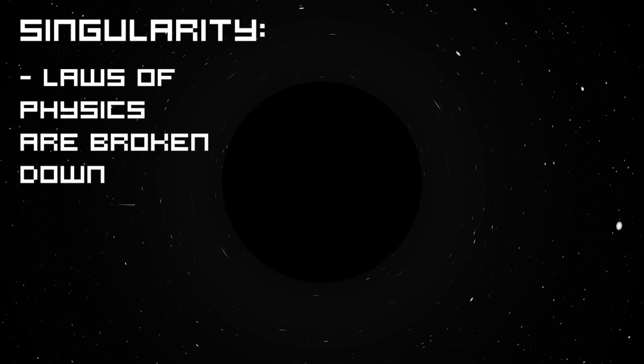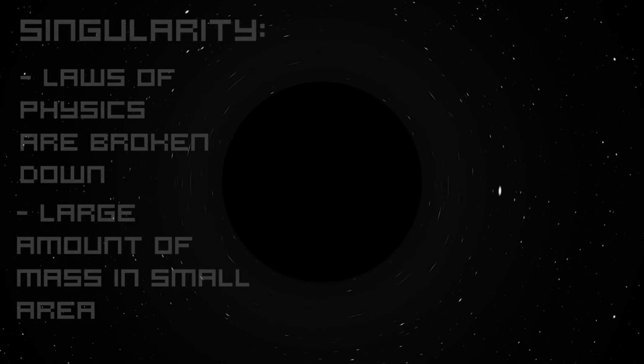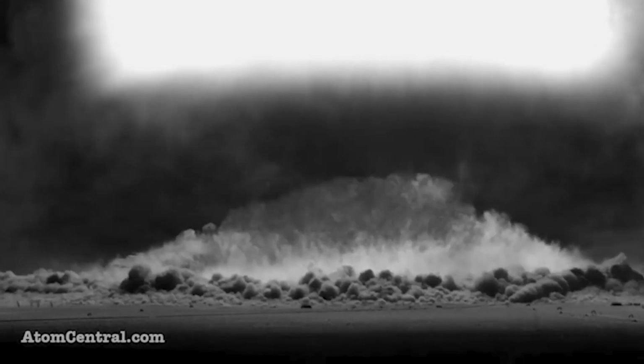It's a place where there is a large amount of mass compressed into a very small area, meaning that it practically has an infinite density. Now, what happened was that during the Big Bang, this singularity basically exploded and underwent rapid expansion. We don't know why, but we know it happened. It quickly expanded to the size of the universe that we see now, and as it was expanding, there was a lot of heat released. Scientists theorized that in the first second after the Big Bang, the universe was approximately 10 billion degrees Fahrenheit. To compare, our sun is only 10,000 degrees Fahrenheit, so this was a lot hotter.